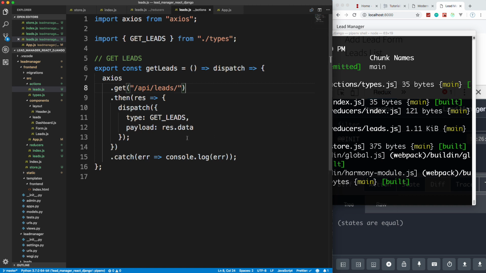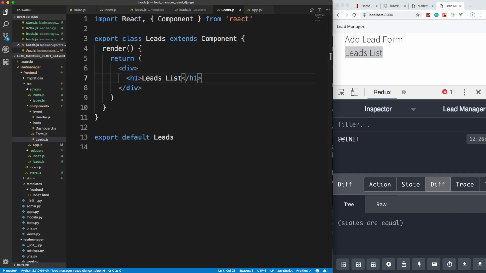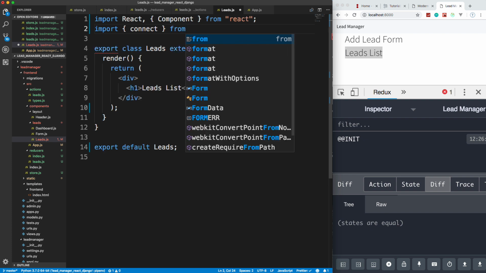Now, how do we actually call this? Okay, and where do we call this? We want to call it from our leads component. So let's go into components, leads, and then leads.js. Okay, now in order to work with Redux from any component, you need to use something called connect. Okay, that's part of the React Redux package. So I'm going to import connect from